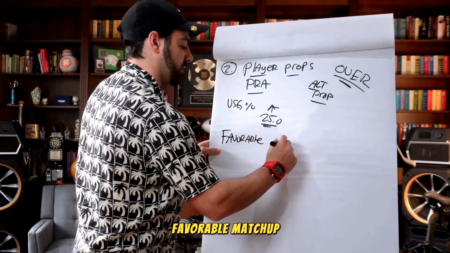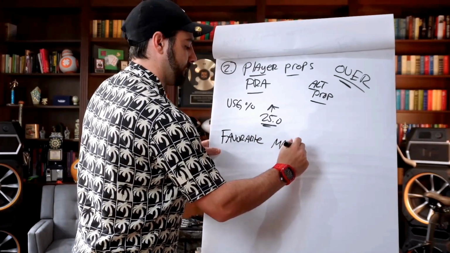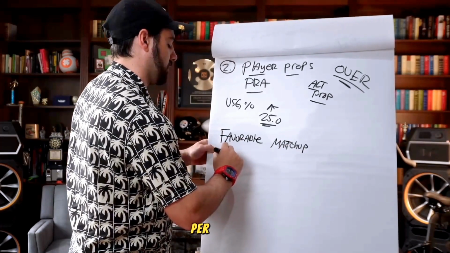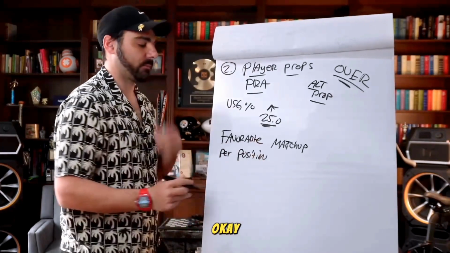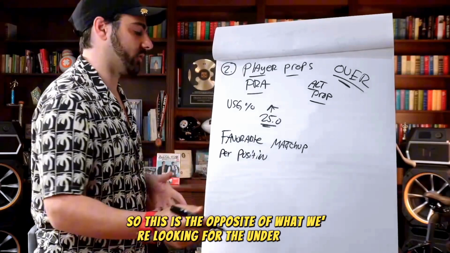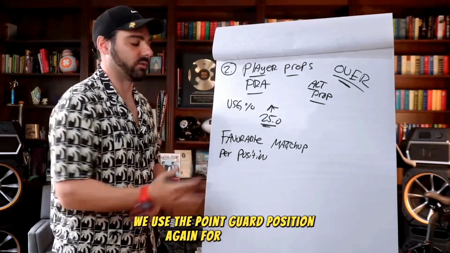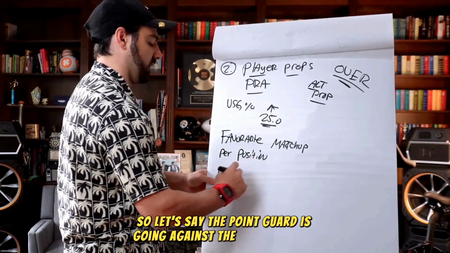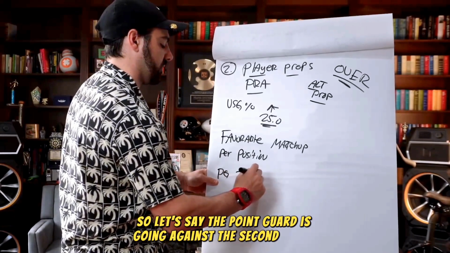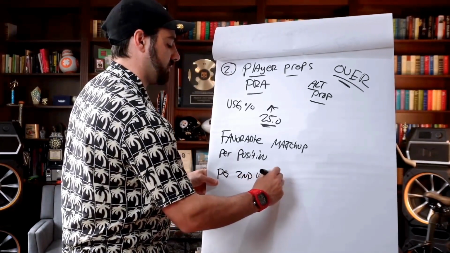Favorable matchup per position. Okay? So this is the opposite of what we were looking for the under, right? We'll use the point guard position again for an example. So let's say the point guard is going against the second worst team